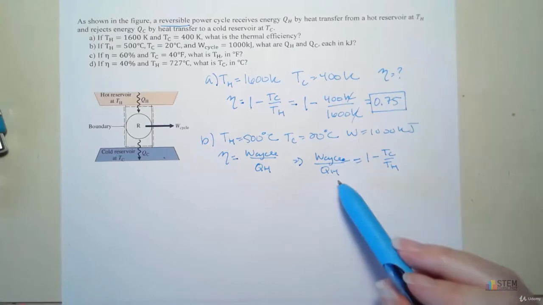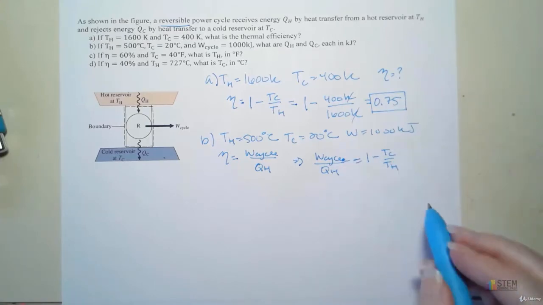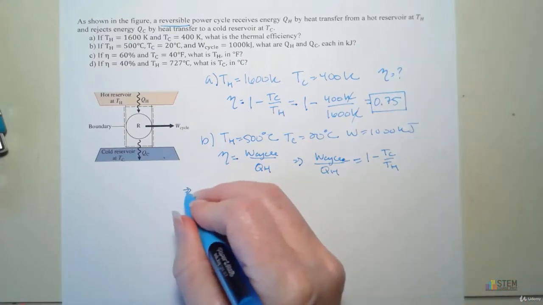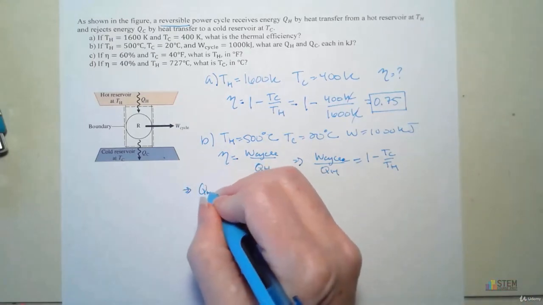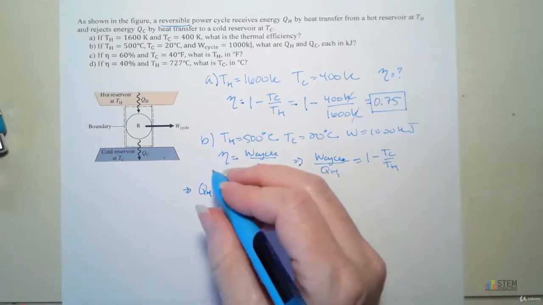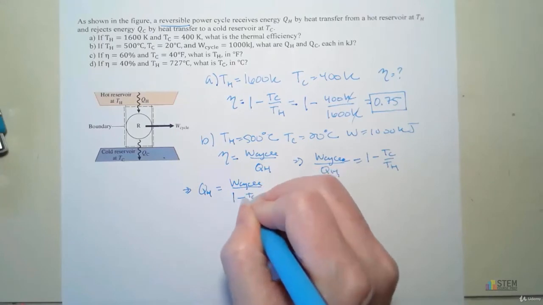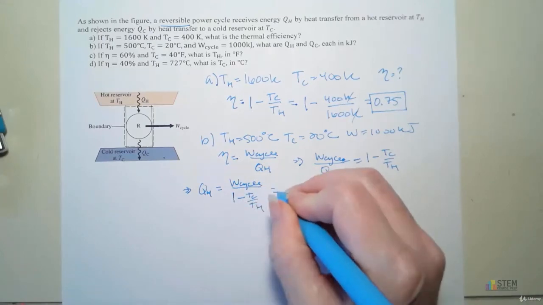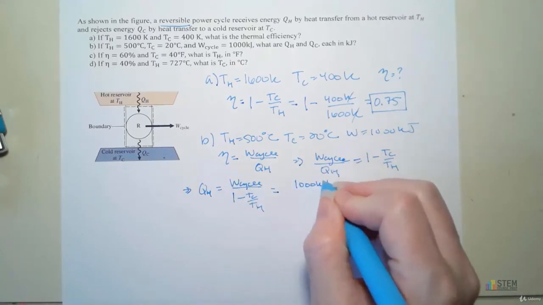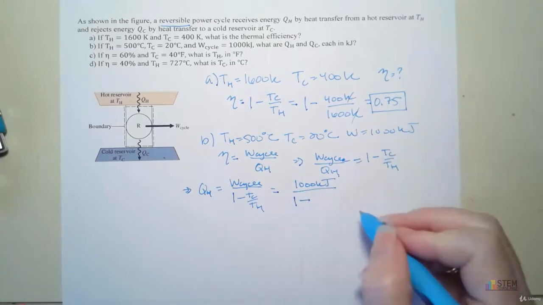With this, now we can find QH because we know all these other data points. So let's plug in the numbers. So QH, once you solve this equation for QH, you're going to get work of the cycle over 1 minus Tc over Th. That'll give you 1000 kilojoules per 1 minus